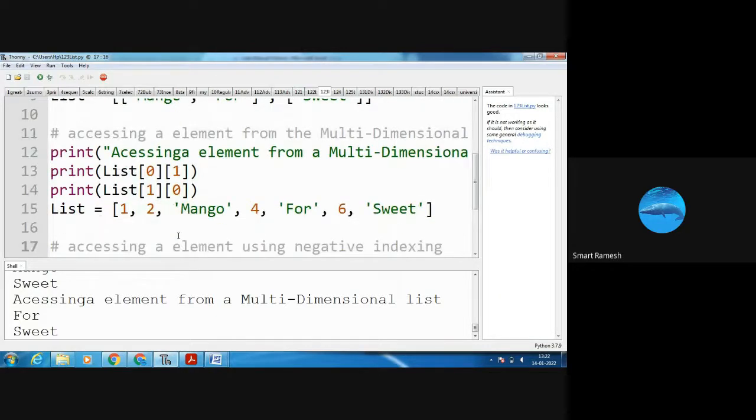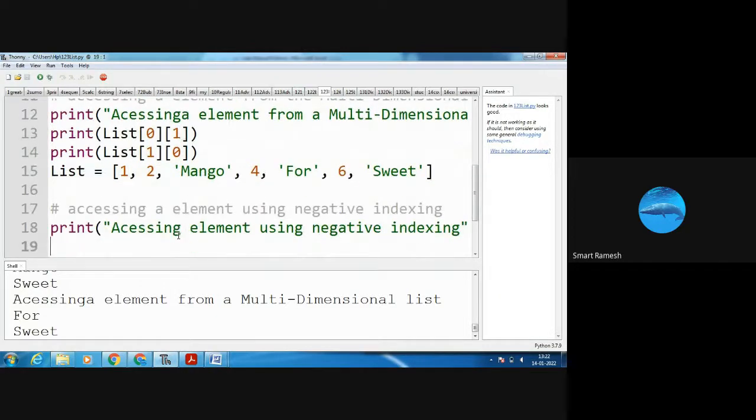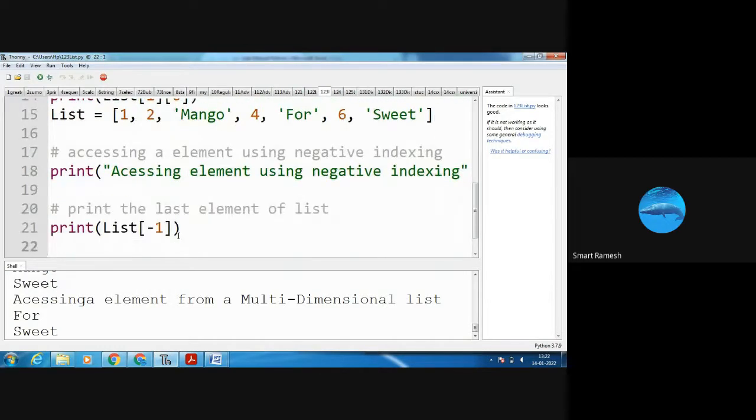Next, my list is this one. Next, accessing element using the negative indexing. Okay, we can access the elements using the negative indexing. Minus 1 means it starts from the end of the list. Okay, minus 1 means sweet. Minus 2 means 6. So I am going to print minus 1. So what is output? Sweet is the answer.